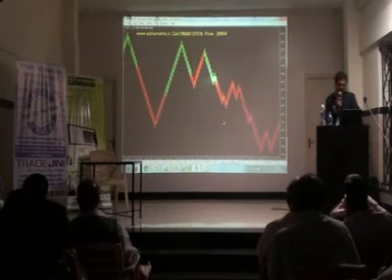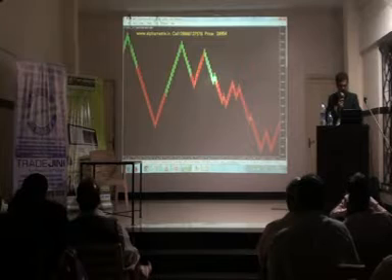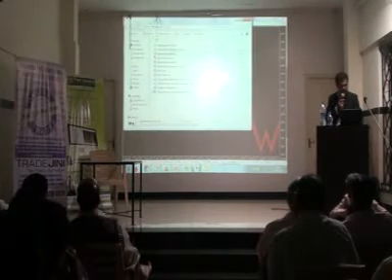Then, the other indicators. One more sheet I would like to show, which has the complete